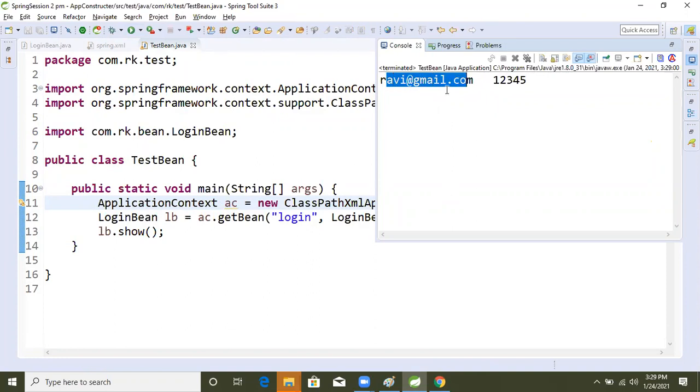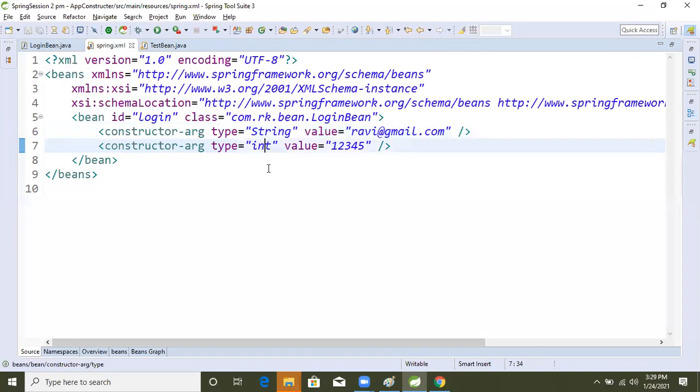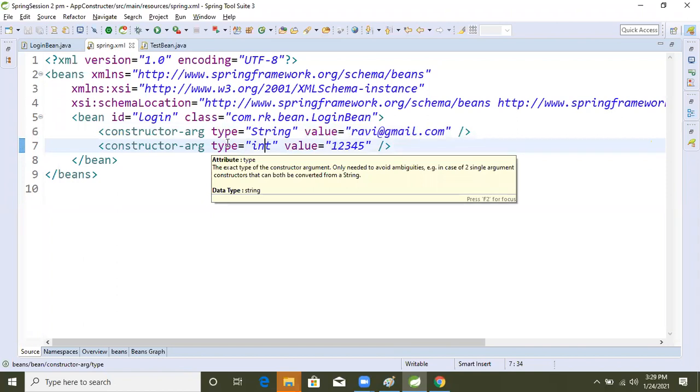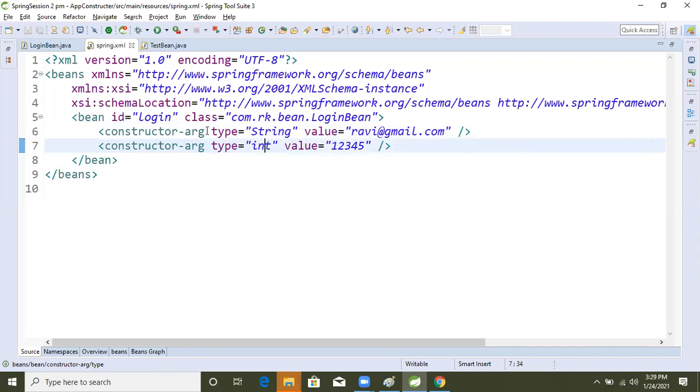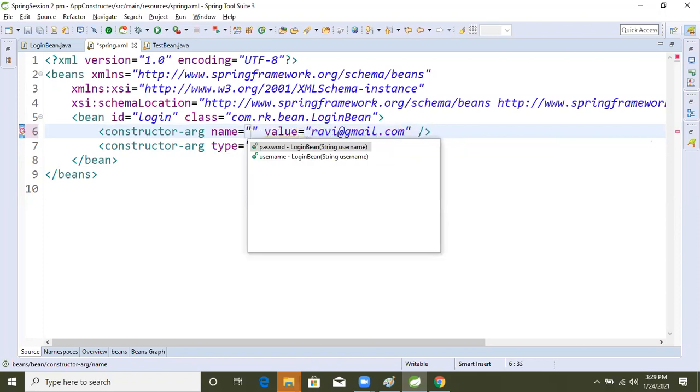See, if a different data type is there, then the type attribute will work, otherwise it will give an ambiguity error, right? But more convenient, introduced in Spring version 4, is the name attribute.